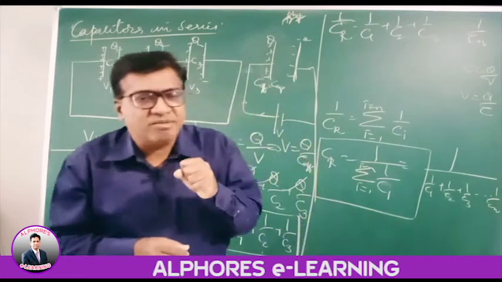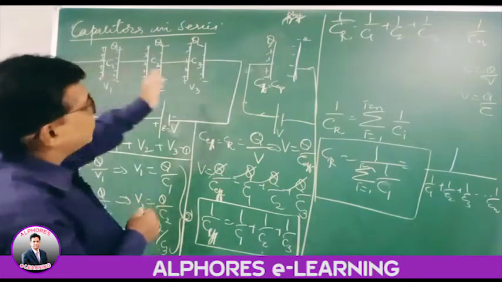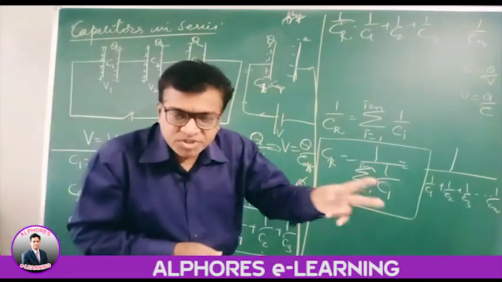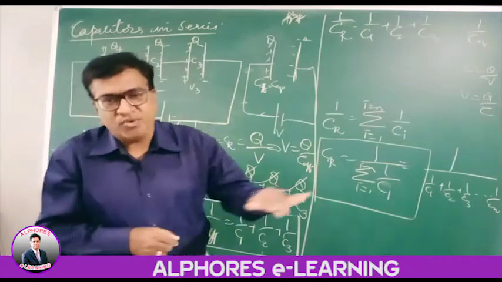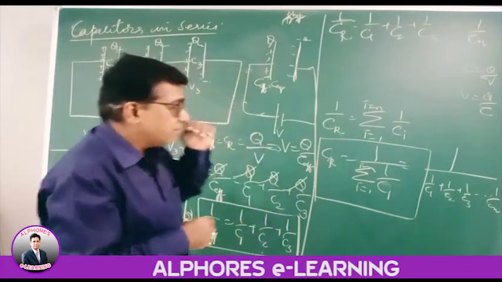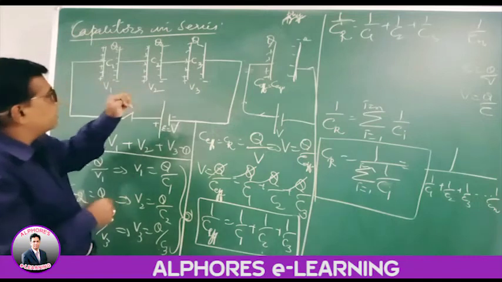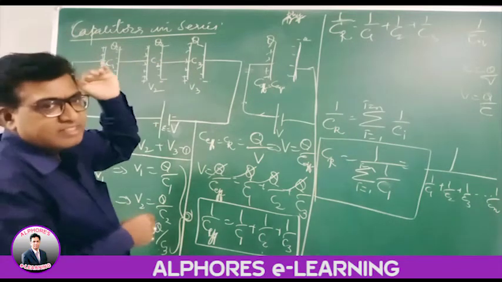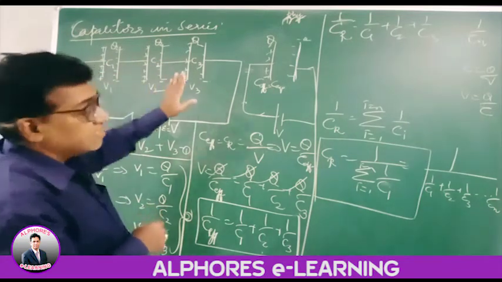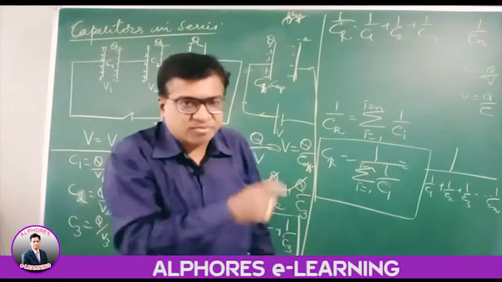In series combination, the elements are connected in a row with opposite terminals joined together, plus to minus like this. When opposite terminals are joined together in this manner, it is termed a series connection. In series connection, they are in a row.